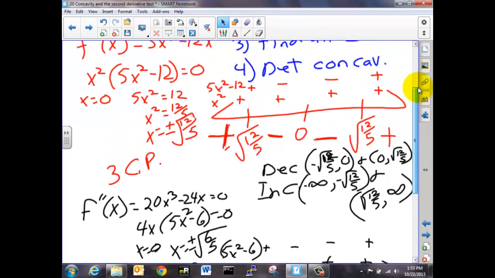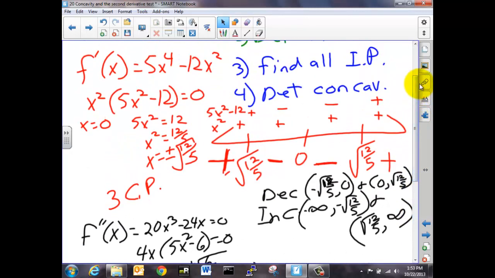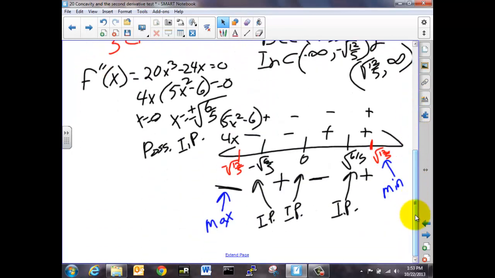Could you have told that from the other sign line? Yes, you could have. Okay? This is another method of checking behind, I guess is the best way to think of it there, okay? Yeah, you could, but then it gets really messy. I would never mesh the two things together. So, what I want you to come away from is